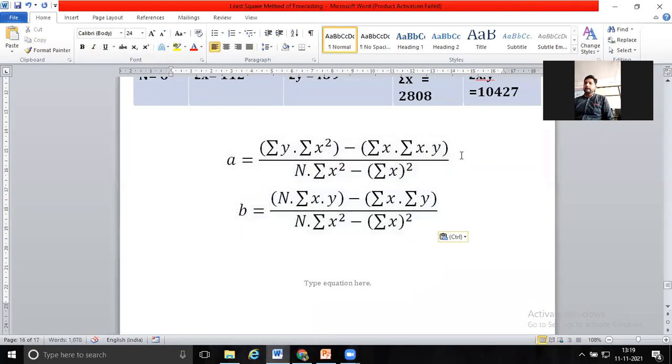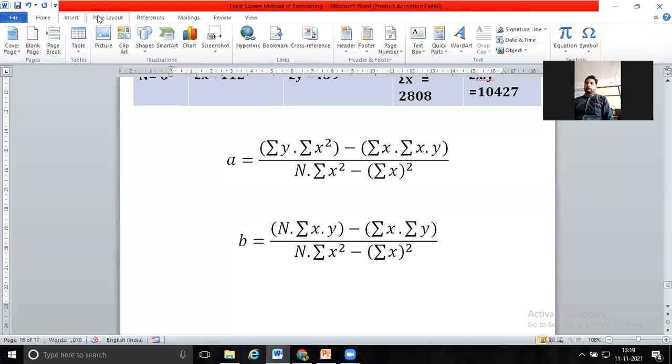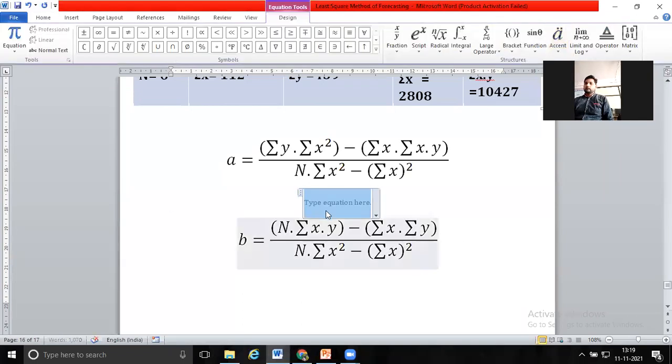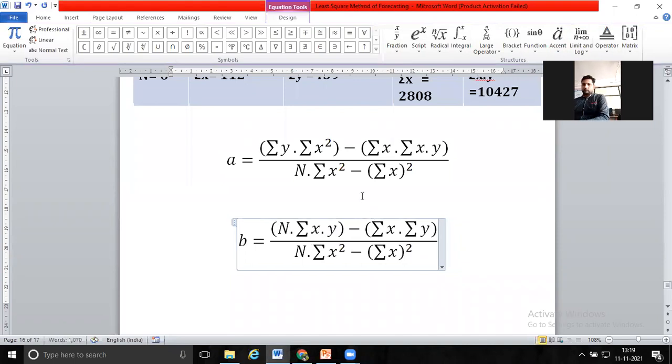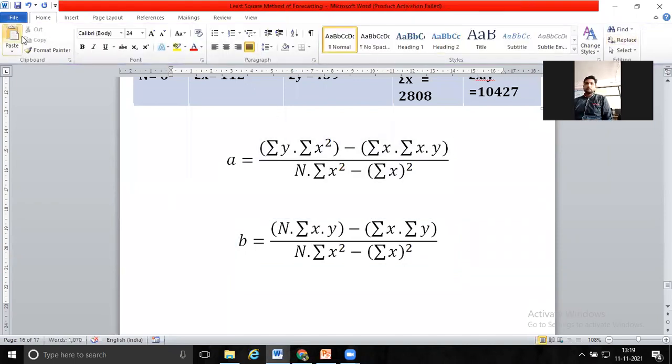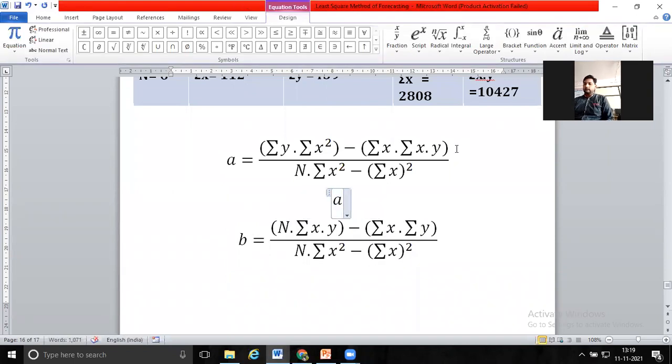Okay, so A is summation of y multiplied by summation of x square minus summation of x multiplied by summation of x multiplied by y. Now you can put up the values we have determined for these parameters. Okay, so A is equal to